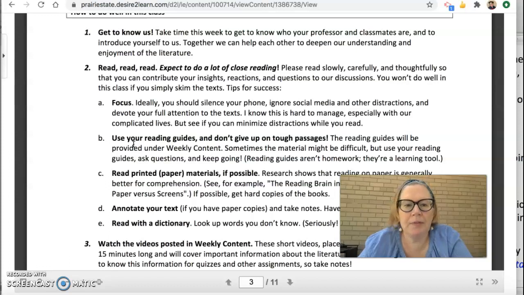It's normal to find some passages trickier than other passages, and it's normal to be confused in places. So never hesitate to ask questions this semester. Back to letter A. See what you can do this semester to give yourself a focused reading environment to block out any distractions. Now, again, I realize that in some cases that's kind of hard. I'm a parent, I have kids, I have a couple of pets, I have a lot of distractions myself, but see what you can do to try to limit those as you read for this class.